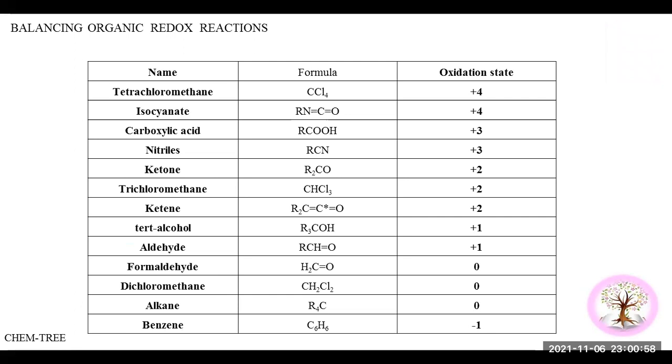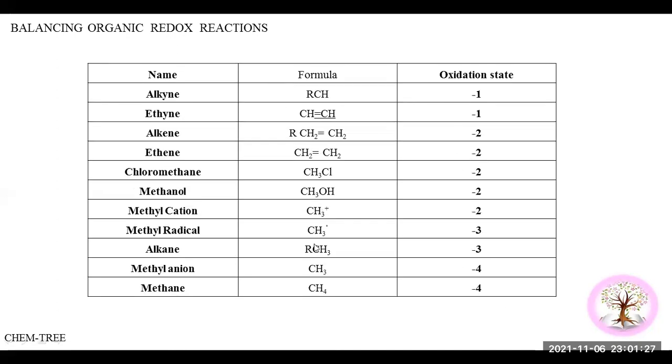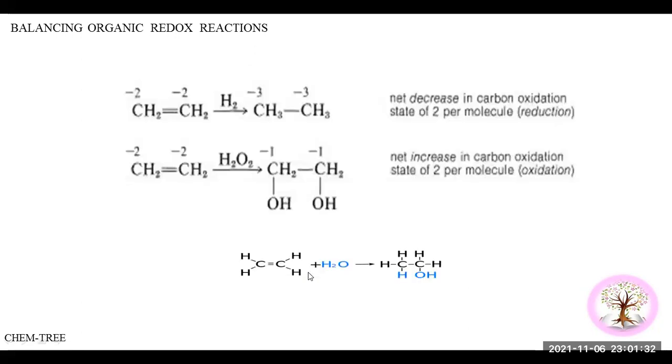I have written all the oxidation states of carbon along with their formulas. The extreme condition is CCl4, where 4 heteroatoms are there, so this carbon oxidation state is +4, whereas it is 0 in a tetra-substituted carbon, because each carbon is bonded to a carbon atom, which is unaffected. Similarly, I have written these values for this one. You can calculate and practice.